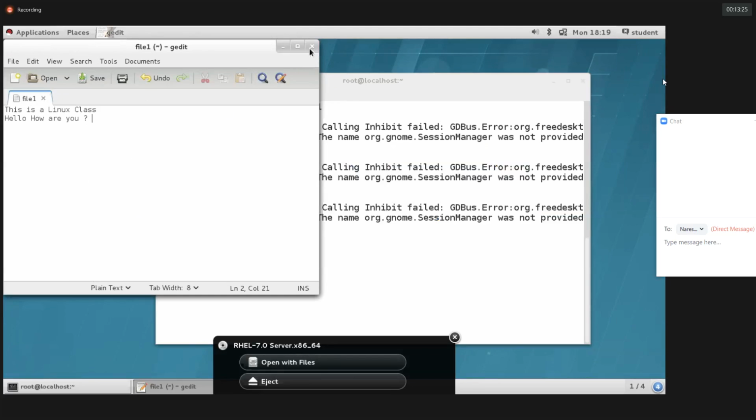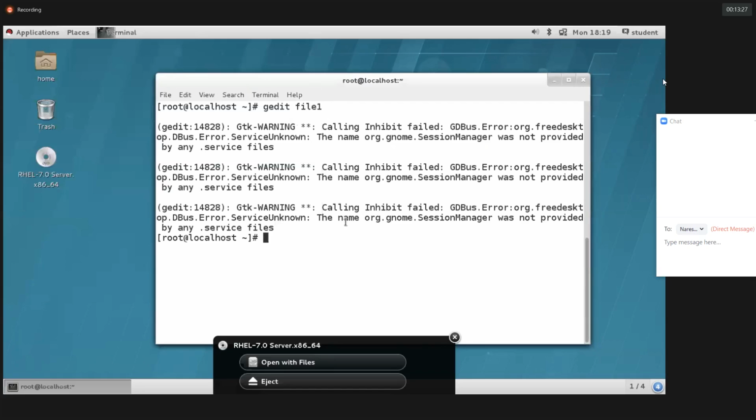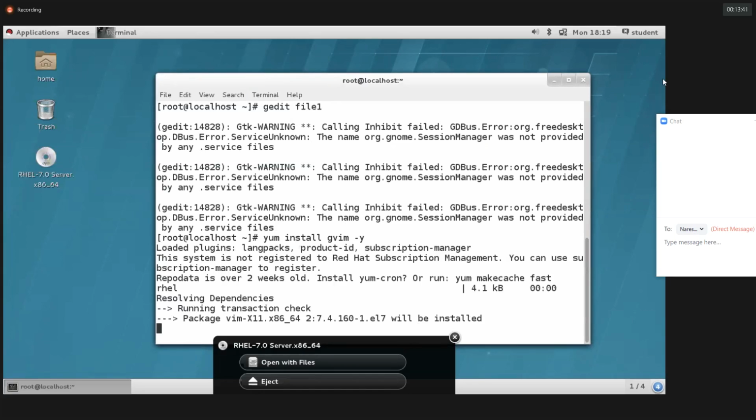So let's see. I'm going to close this file. I'm going to install the gvim editor here. Don't worry, I'll teach you later about installation and all this stuff. At present it doesn't require. I'm installing the gvim file, that means the editor file. By default, we don't have this gvim in our operating system. We need to install this gvim. Okay, graphical vim.